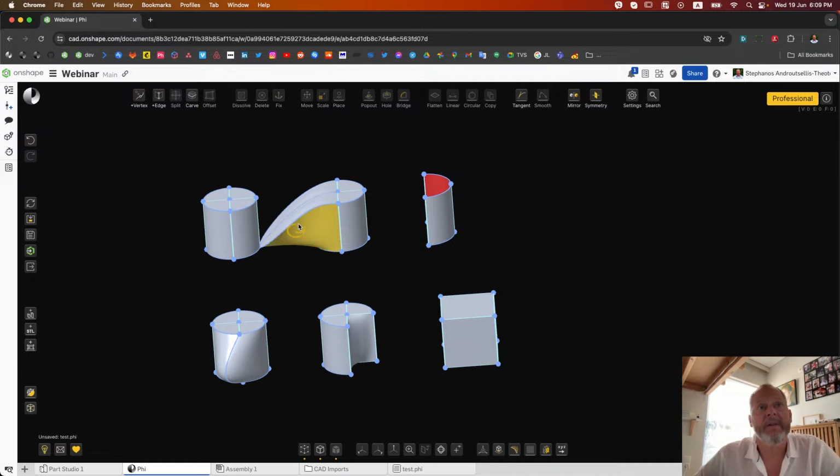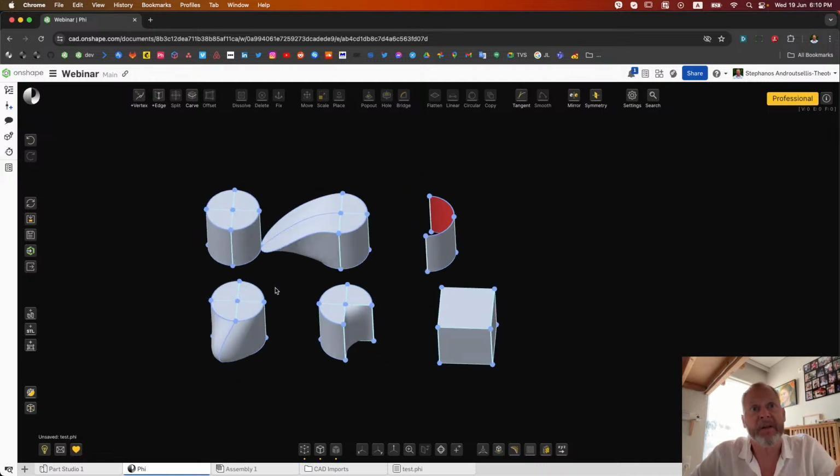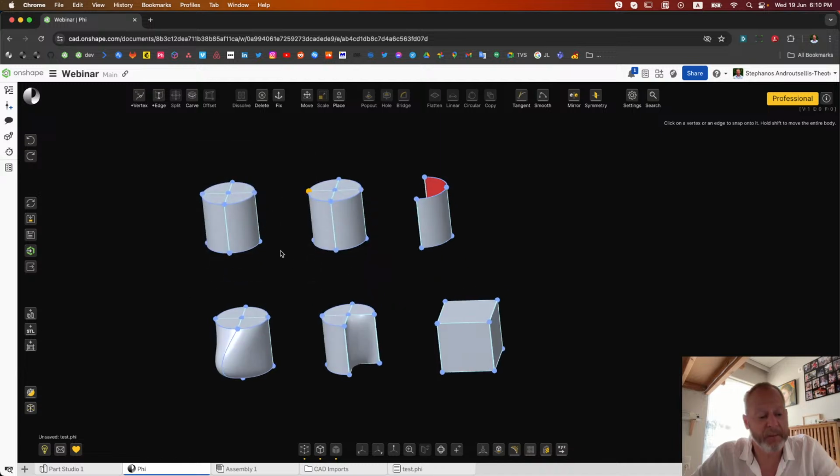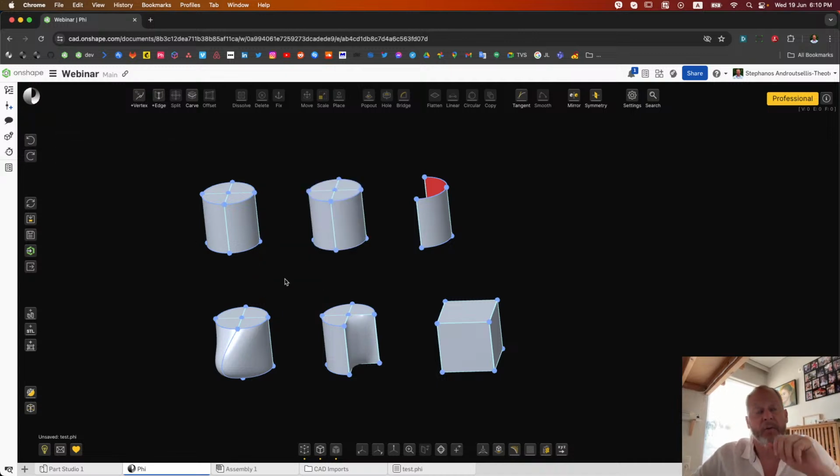So what you saw is that the vertex moved and the faces around it were deformed to accommodate this movement of the vertex onto the one that I snapped to. However, if I repeat this and I keep the Shift key pressed while I snap, you saw here that the entire body moved. It didn't deform, it rigidly moved to snap onto that vertex. So the two bodies were not united into one, however,